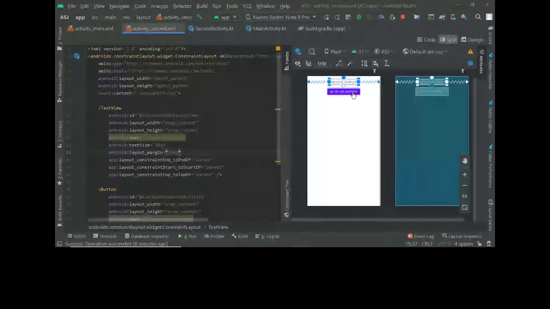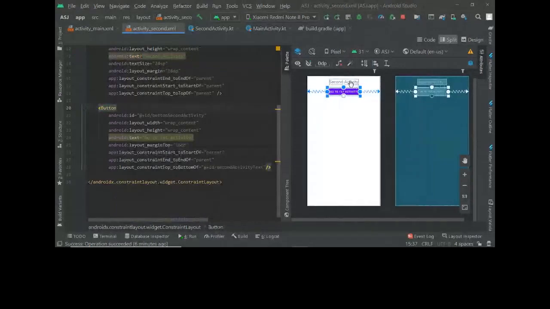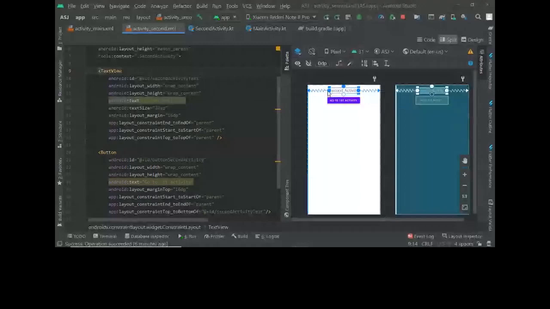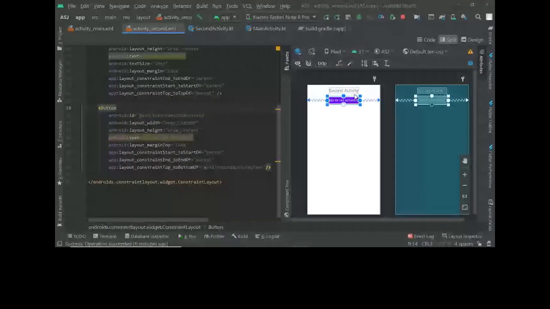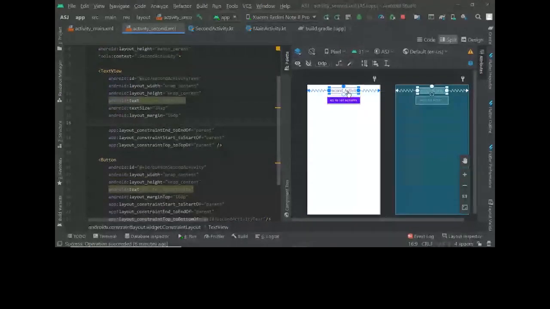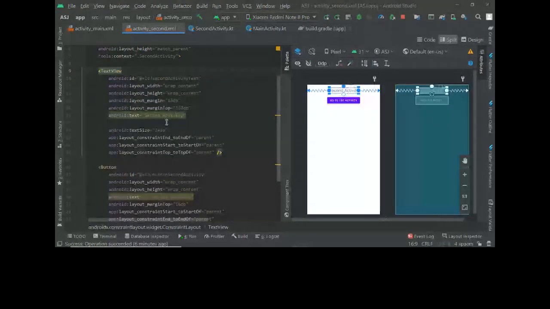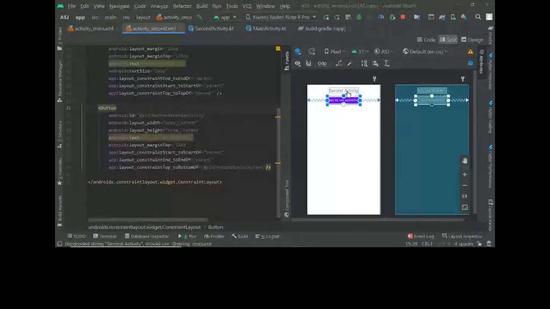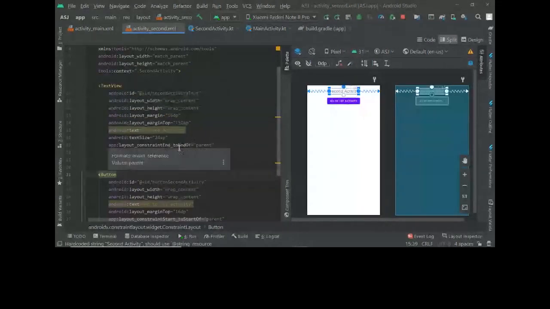You can see since this button is constrained with this text view, whenever we change things for this text view, this also gets changed because it's constrained to this. So if we bring this down by some distance, what's happening here? Something is wrong. You cannot see it here, but you can see it on the app.